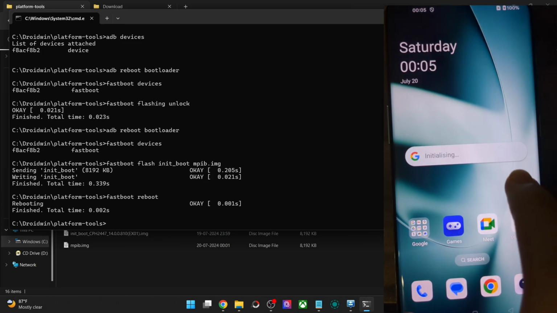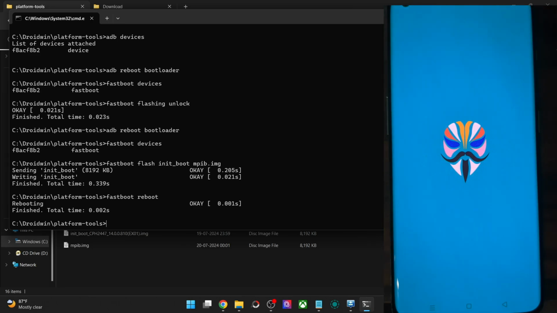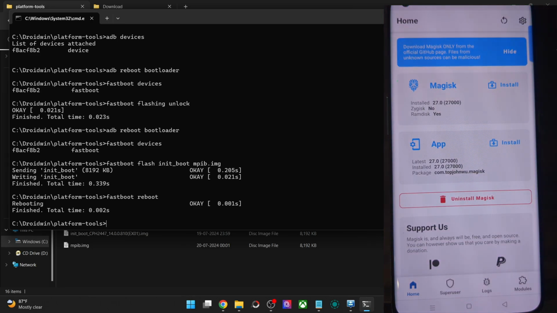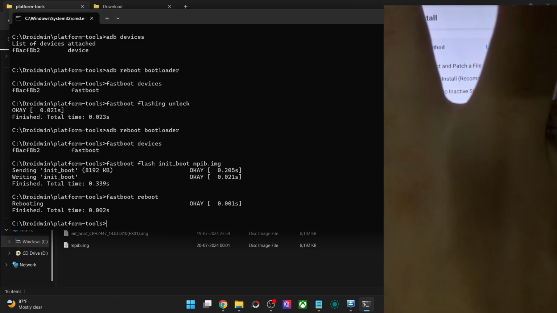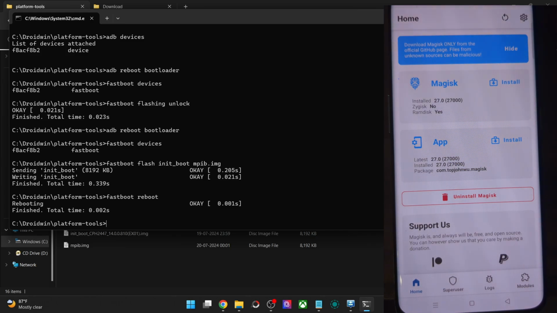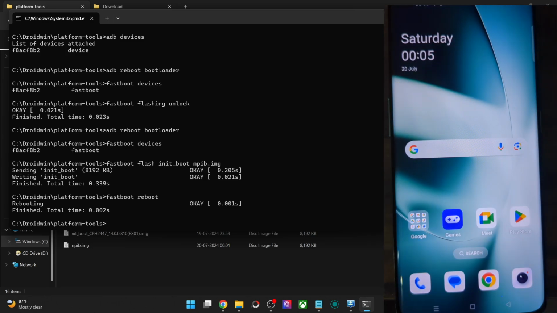In most cases, we should have obtained root by now, so let's verify the same. Simply launch the Magisk app and let's now verify the result. So as you could see, Magisk is not asking anything whatsoever. If in your case Magisk is still asking anything, then simply tap on install, choose direct install and tap on let's go, and your task stands complete. But since Magisk is not asking anything, this signifies that the rooting is now successful and we have obtained root, and you may now carry out the required task of your choice.